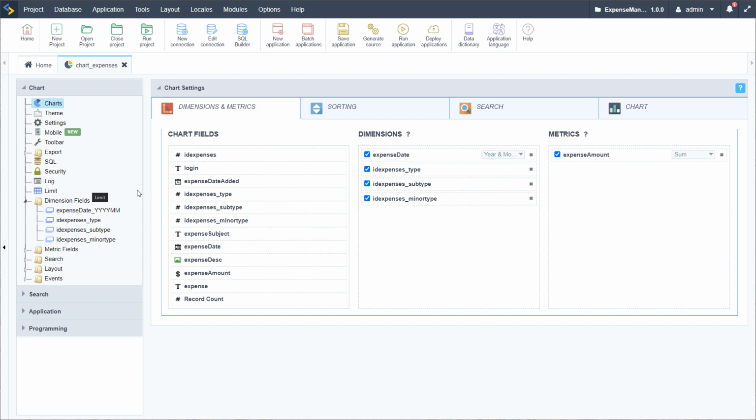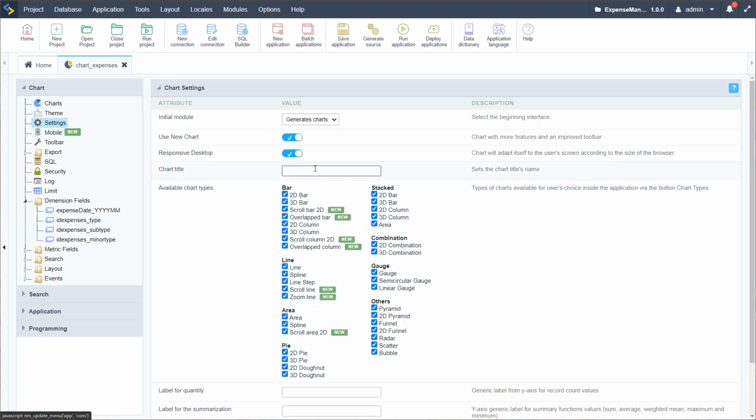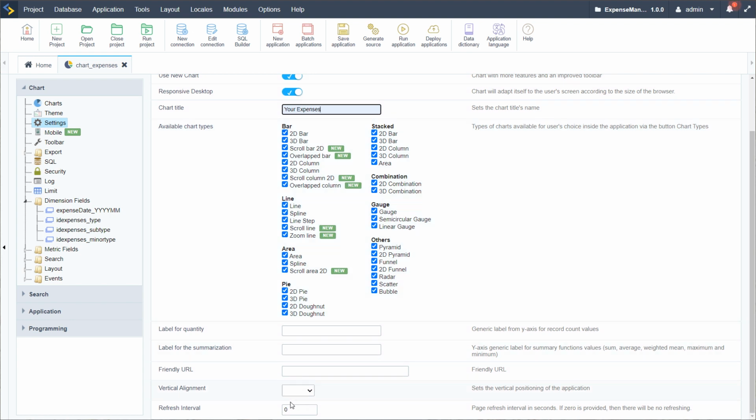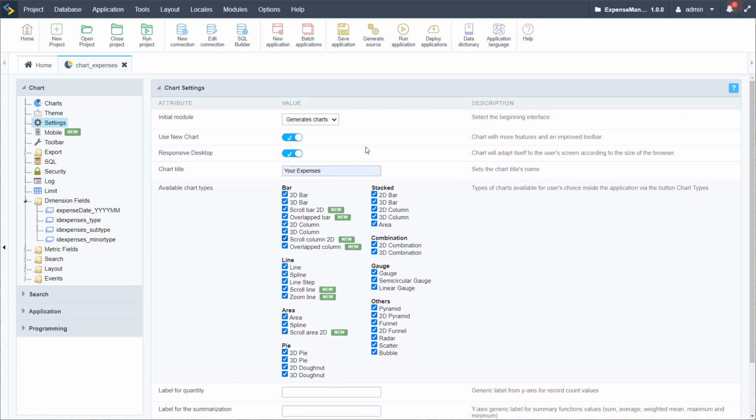Now we can make further adjustments here to the chart and change how some of it is looking. For instance, nudge it up to the top, as well as change the titles. For instance, we can add a title here, for instance, your expenses. We can change it from being responsive, so it isn't responsive anymore. We can enable or change the vertical alignment of the chart and so forth. So I'm going to apply those and pretty much leave it as it is for the time being,